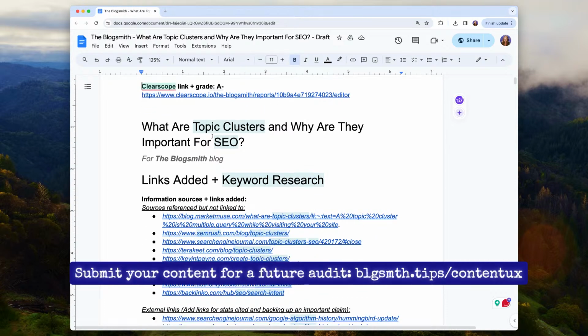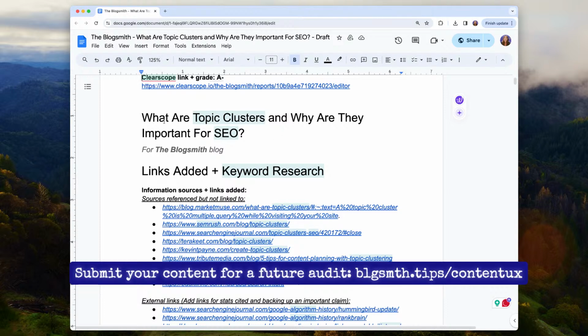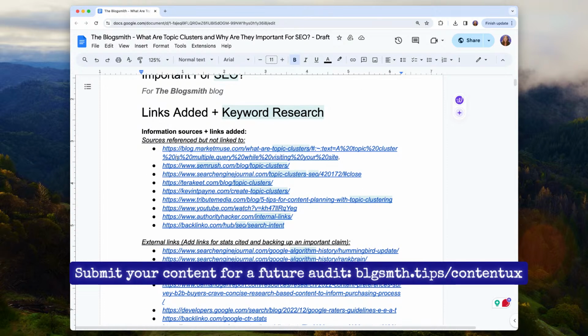So then we get into just restating the topic, the client's name, and then here's the meat and potatoes.